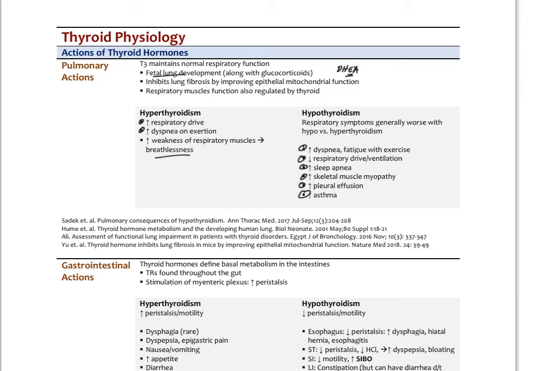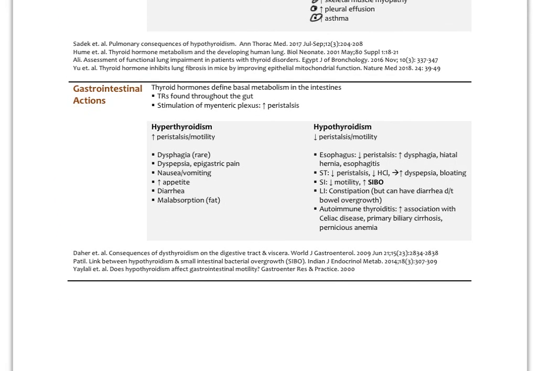In terms of GI effects, the thyroid hormones really define the basal metabolism of the intestines. So thyroid hormone receptors are found throughout the gut lining, specifically in the myenteric plexus. Remember, that's part of the autonomic or the enteric nervous system that regulates peristalsis. So in hypothyroidism, we're going to see decreased peristalsis, motility, more constipation. We see in the esophagus almost like achalasia, but decreased peristalsis, dysphagia, worsening, or even the beginning of hiatal